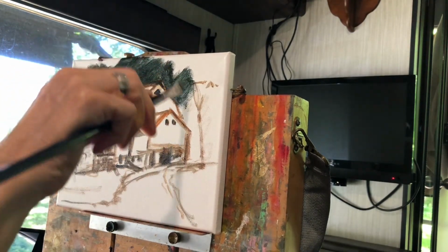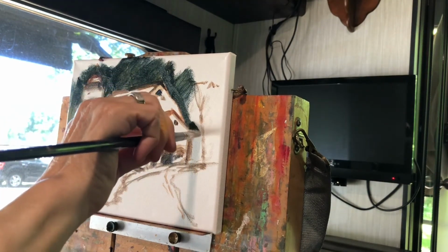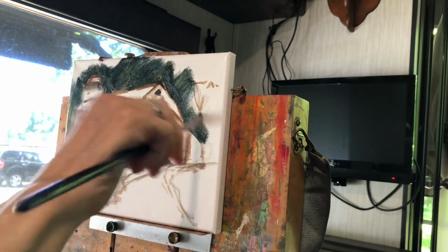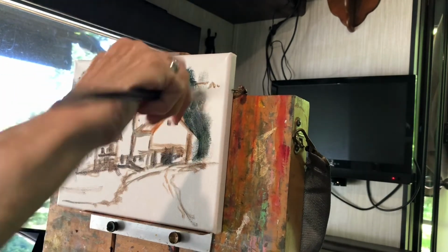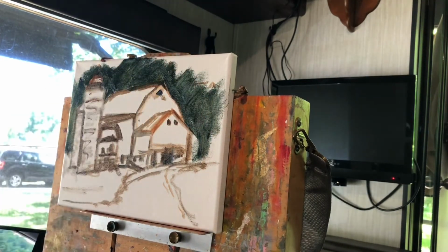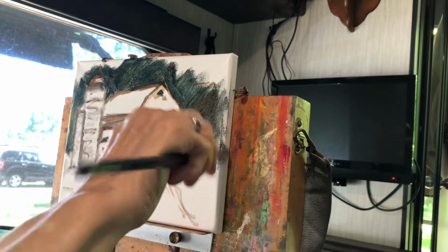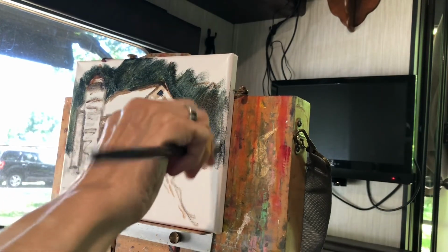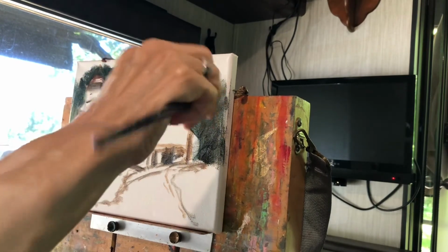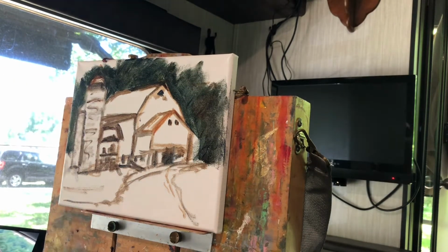All right, we kind of look at the shape of this barn as we're blocking in. Actually, this comes way over, so we might move that over. And you can put a little red in here if you want to kill the intensity of the green. But again, that's usually how I start. I start really dark like that. And then you can just take